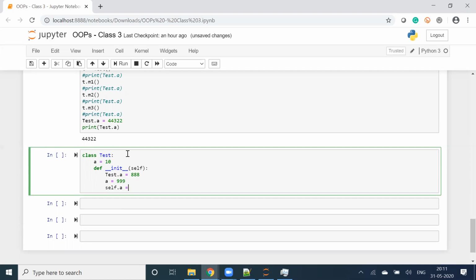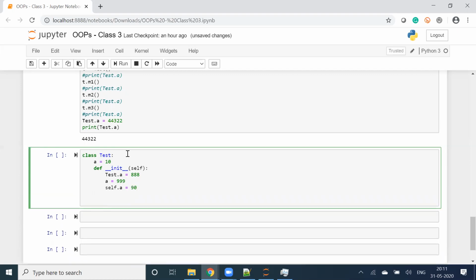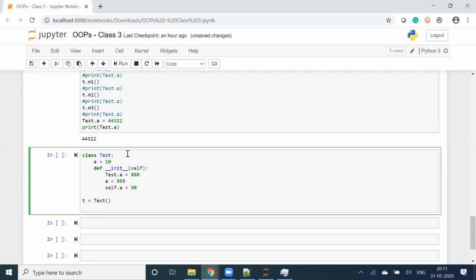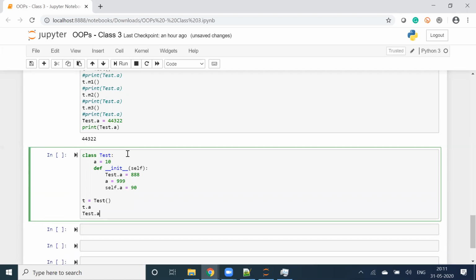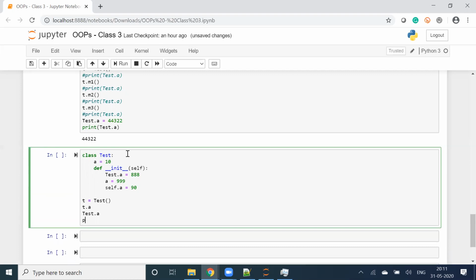Self dot a is equal to 90. t is equal to test. t dot a, test dot a, print a.